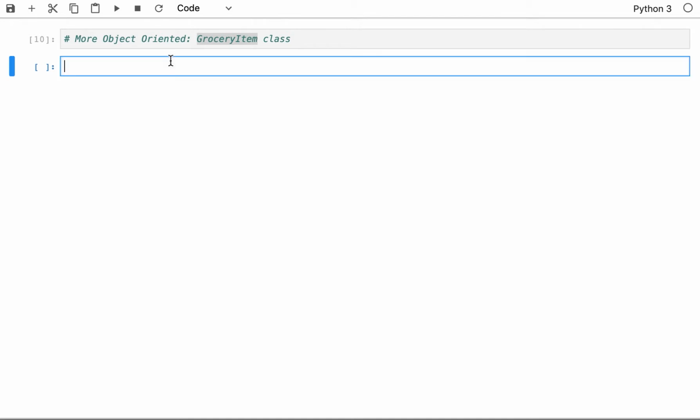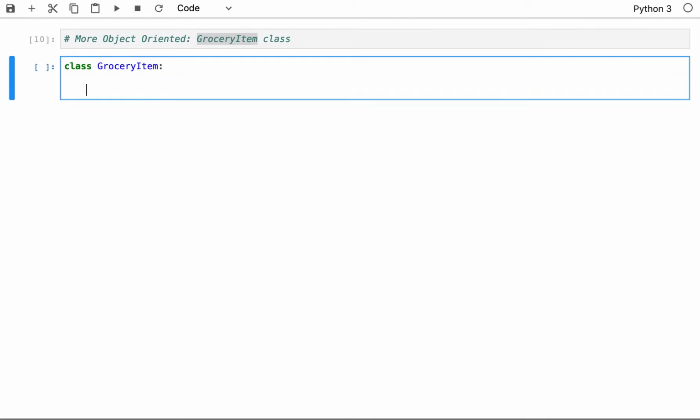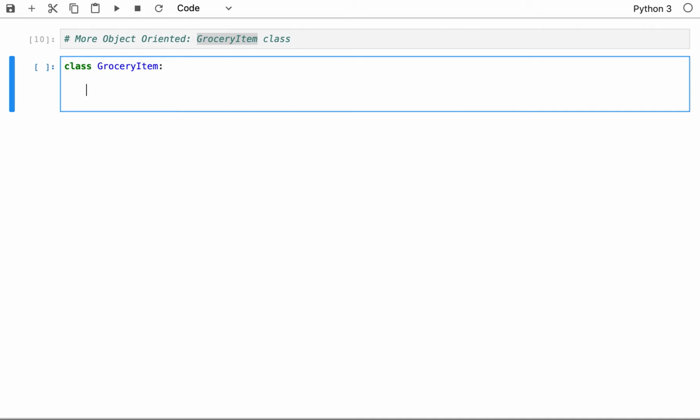And we saw this before. We actually created a class using the keyword class like that, and then we've given it a unique name like we do with every variable and every data type that we used before. So here we're going to use grocery item like that. And in the grocery item here, remember we mentioned that we have to have properties like a price and a quantity, maybe a weight,